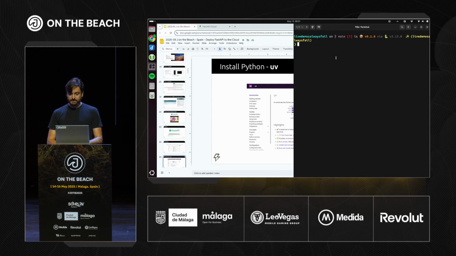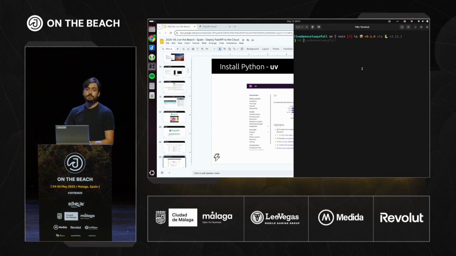Now we're going to start from scratch. So we're going to close this one, and I'm going to create a new project. Can you see that well, or should I increase the zoom? Maybe that's better? OK, I will assume silence means yes.